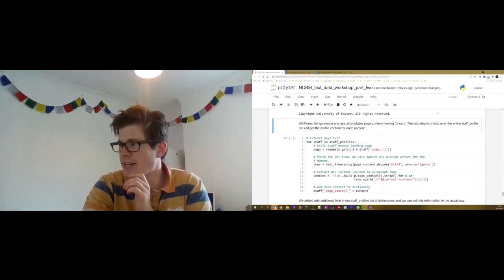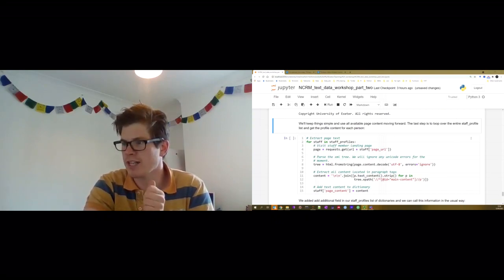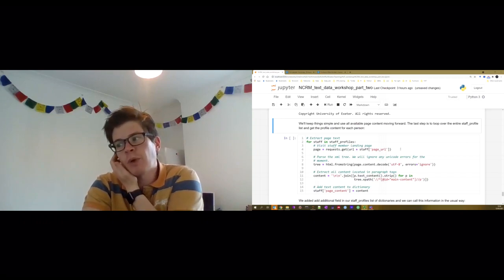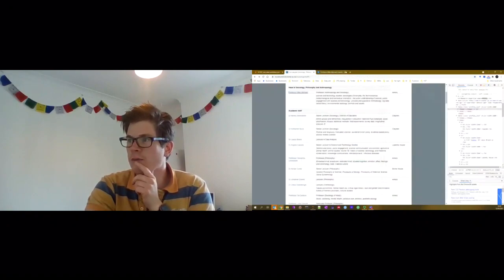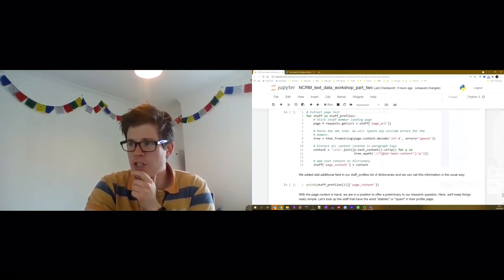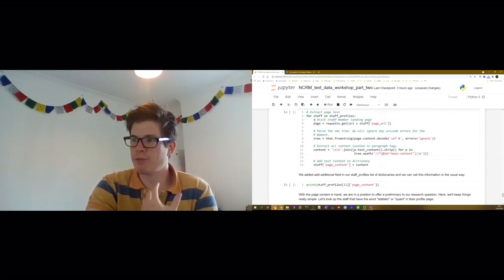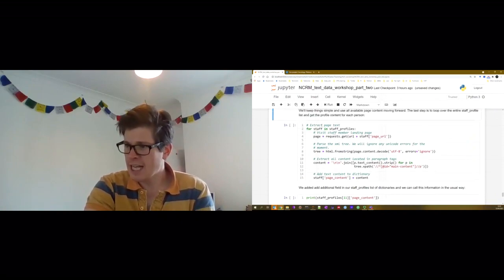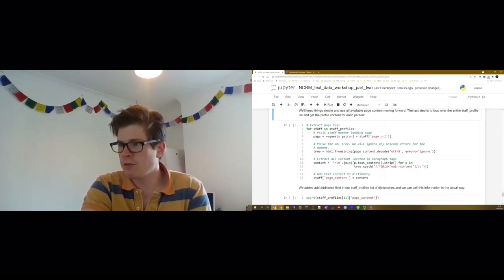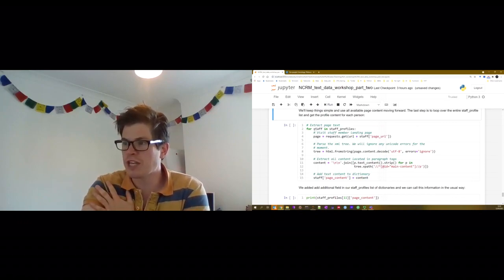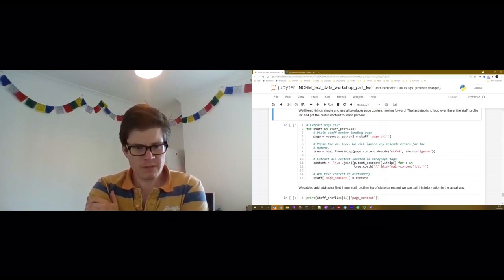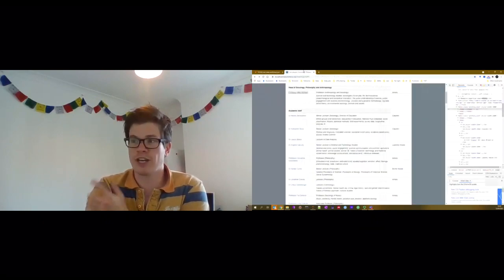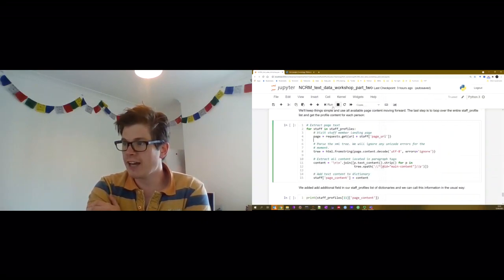Now we start to enter one of the last stages of what we're going to do today, and that is we're going to do all of the above, but for every single profile on the page. We just do this in a very simple way by putting it into a for loop. You can see all this is what we've done above, but because it's in a for loop, we're going to do it for each of the staff profiles in our staff profiles list, which, if you remember, is the list we created above where we saved all of these staff profile information. And if we run that,